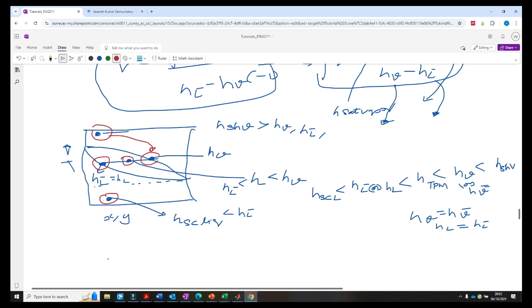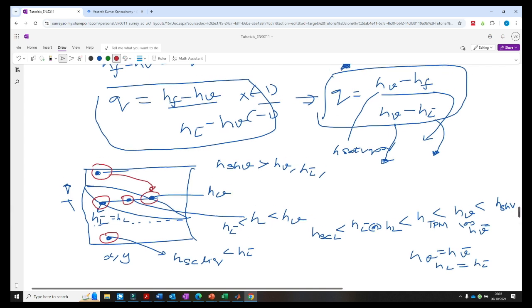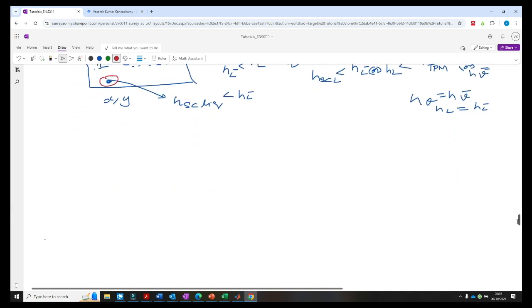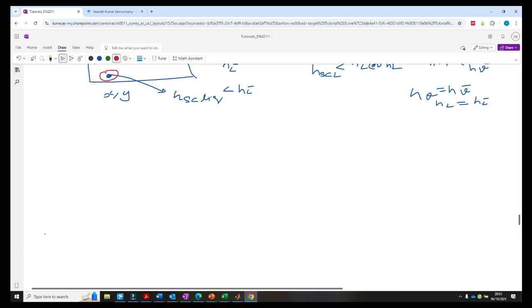So with this knowledge we can answer the question, which is: what's the effect of feed enthalpy on the Q? Let's do it one by one. So let's start with whichever is more convenient for me. Okay, let's start with the saturated liquid. See, if the feed is saturated liquid,